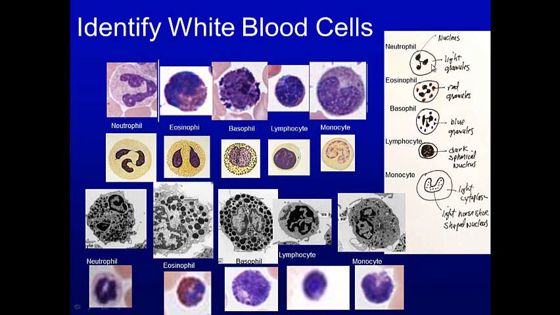And then the granules are small in a neutrophil, but eosinophils have bigger red granules. And then the basophil has big granules too, but they're blue. The lymphocyte is the smallest one, and the horseshoe-shaped one is the monocyte that we can see. Basically, that's it. And at the electron microscopic level, you can see there are some granules, but they're smaller in the